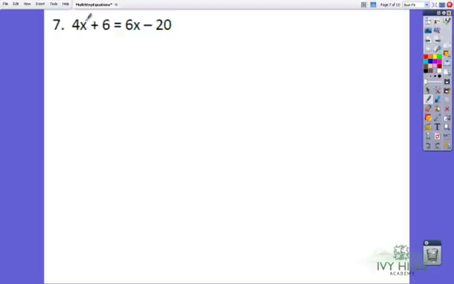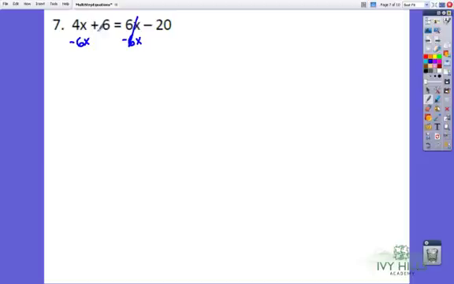For number 7, here you can see we've got a variable term and a constant term on the left, and on the right-hand side we have a variable term and a constant term as well. What I'd like to do is move all of my variables to the left, which means I will have to subtract negative 6x from both sides,